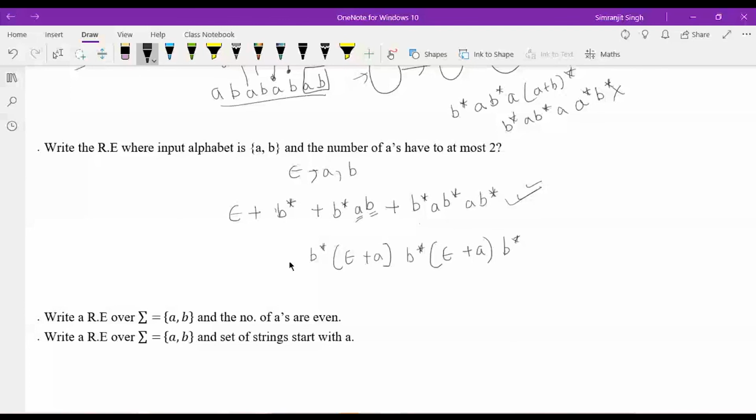I think that is the same thing, but what has been done here is that they have added epsilon with it. So B star followed by epsilon plus a. If you do not want to follow it, you can follow epsilon. After that, any number of B's can come. So the possibility of B here also exists. That is a very cleaned up version of the same thing. That is also correct.